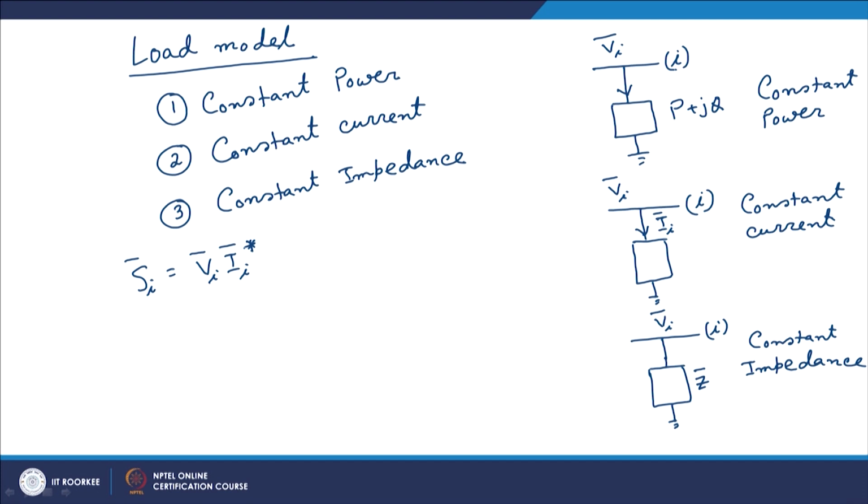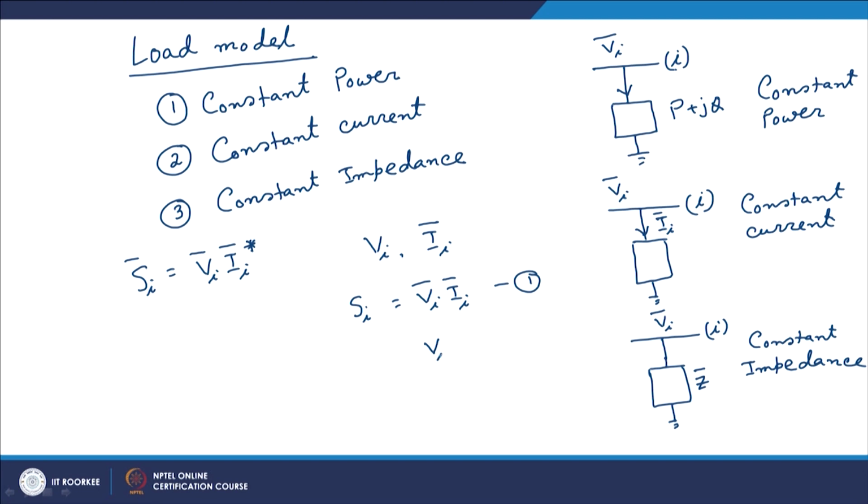Now, the question is: why are we taking the complex conjugate of Ii only? After all, both Vi and Ii are complex quantities. So between these two, there can be four different combinations to express Si. One could be Vi into Ii. Remember, dimensionally this also denotes complex power. This is the first option, option 1.